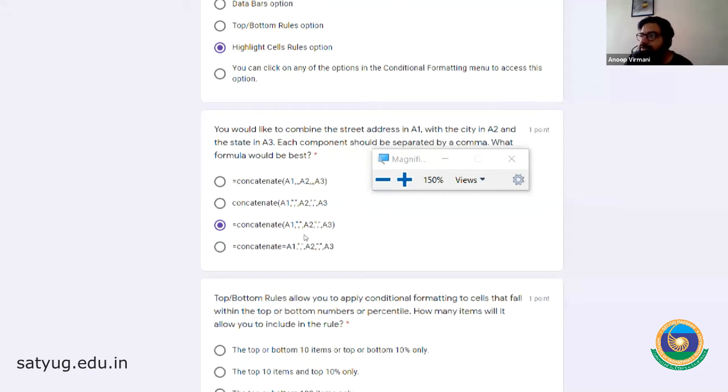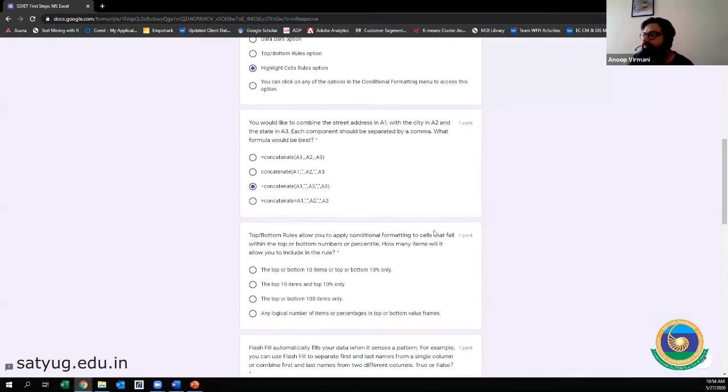So as soon as you put in a comma in double inverted commas, then only it will be taken in the function. The three commas here are incorrect, as the center comma is not inside a double inverted comma, right? So therefore the third option is the correct option.